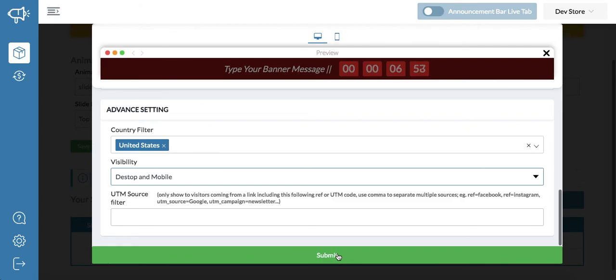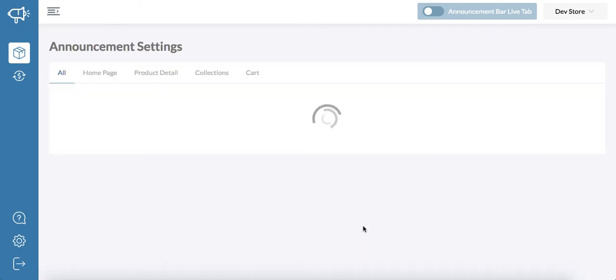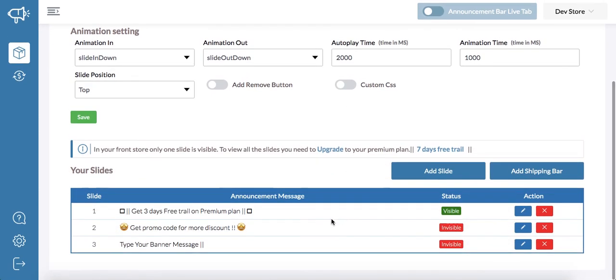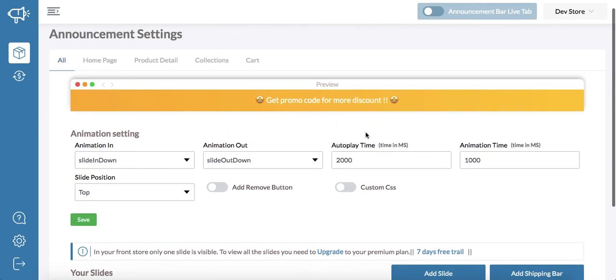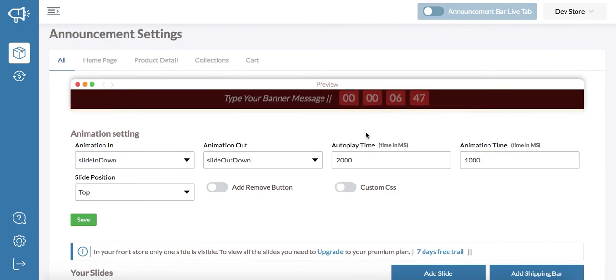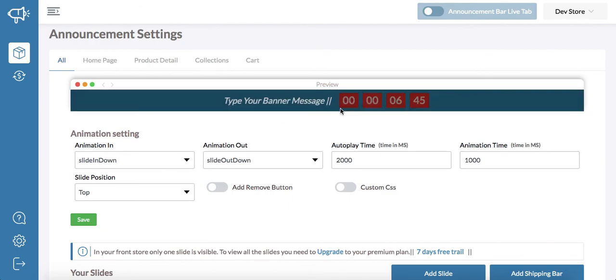Whenever you submit this, you will get another slide here, and it works perfectly as we just showed.